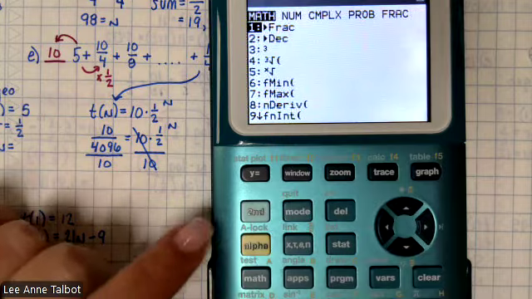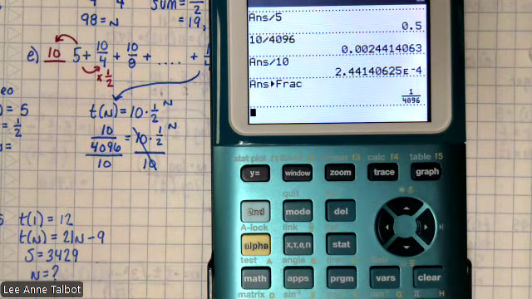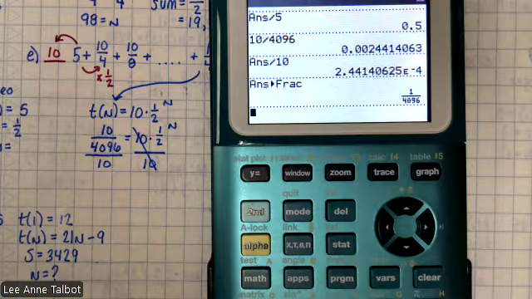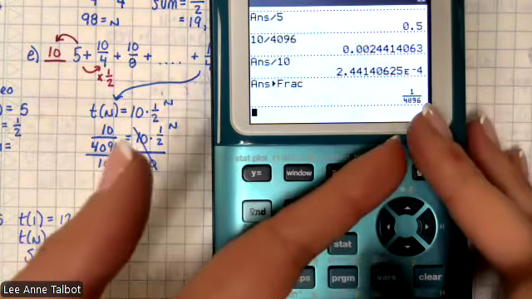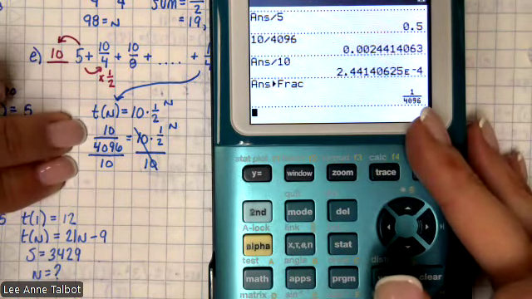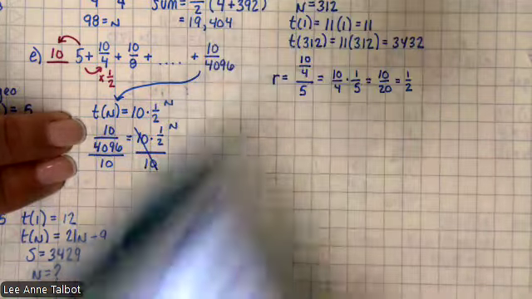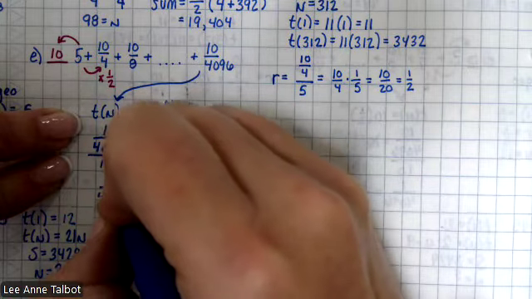Math enter changes any decimal on your calculator into a reduced fraction. So instead of writing that horrible thing, we can go like this, and then we'll feel silly because the tens just canceled out on our division. And they're not always this bad, but